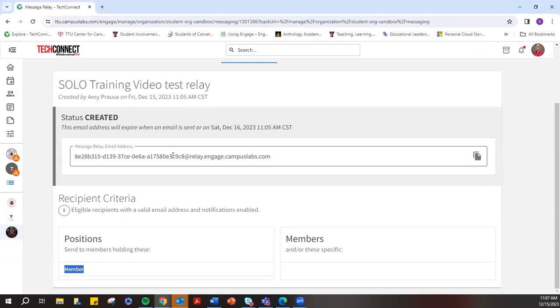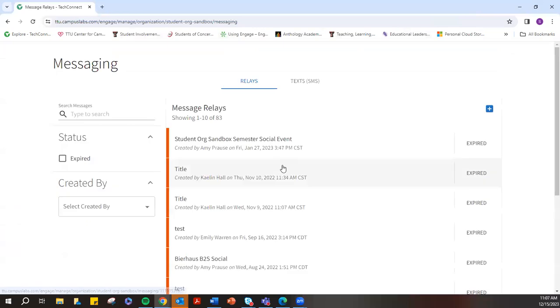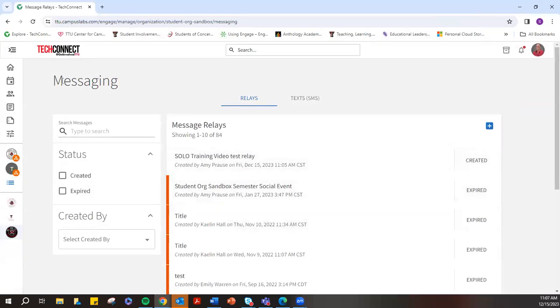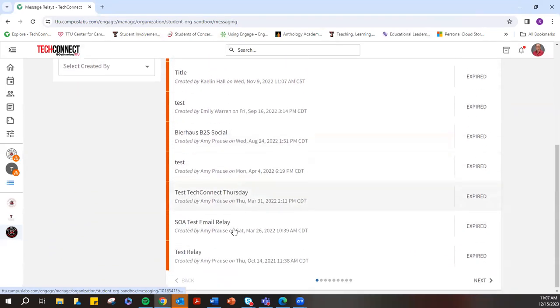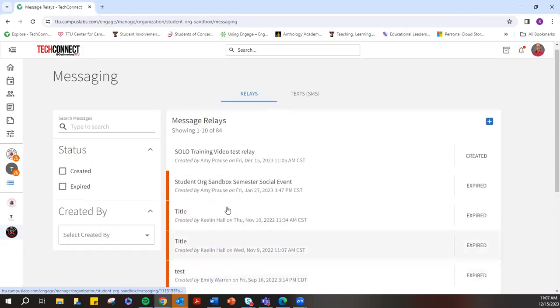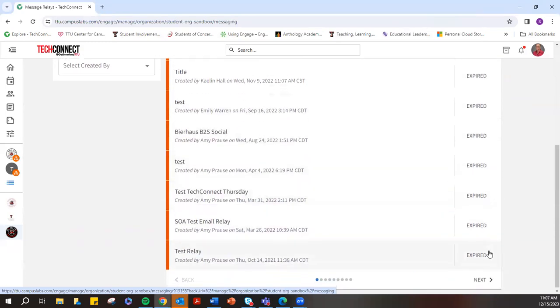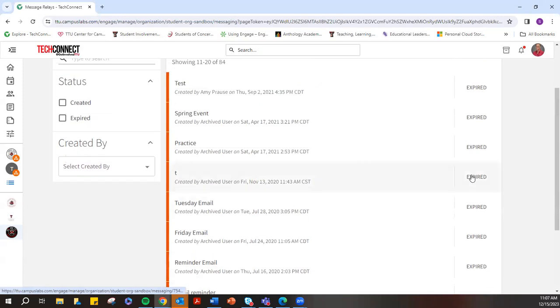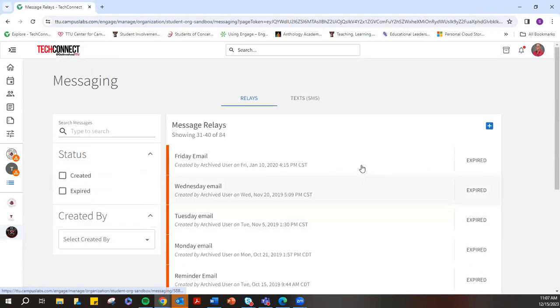So I don't ever suggest creating these ahead of time because they're only valid for 24 hours and then they expire. So we're going to go back right there. Then on your messaging homepage, you can see all of the email relays that we have created. You also can see that they were created. They either expired, or I think they're expired, or it'll say sent. Okay. Yeah. All right, now let's go back to